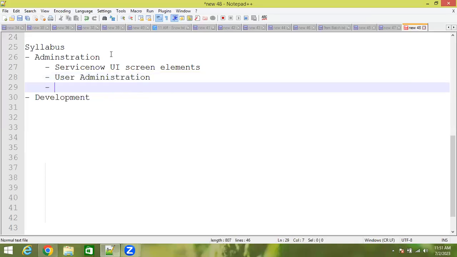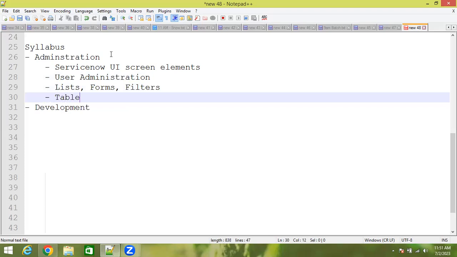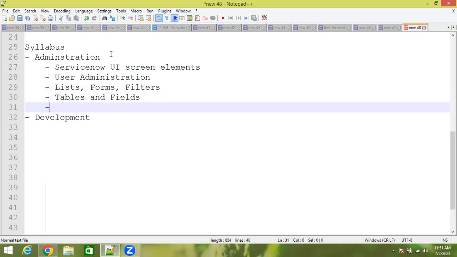Next, lists, forms, filters. Next, tables and fields. Next, catalog items.